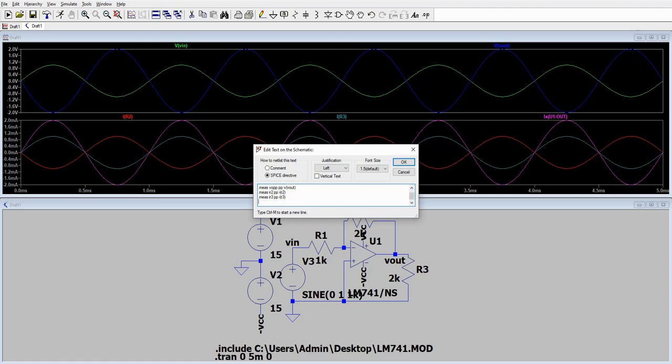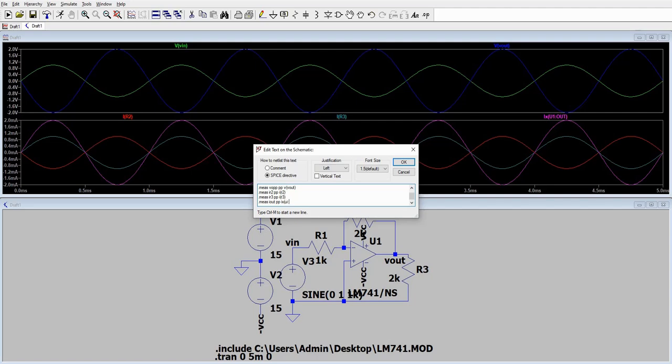Then last, we need to get the output current. So .MEAS, let us just use I out, peak to peak of, here we don't assign any variable to it, so let us use the assigned variable of LTspice, which is IX(U1).